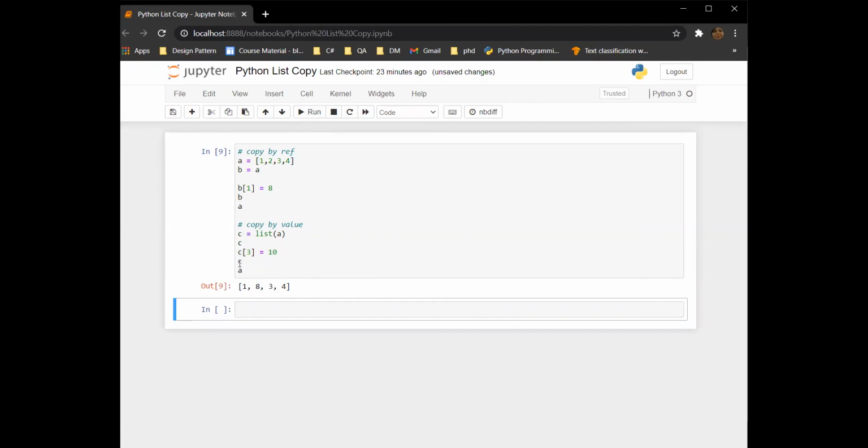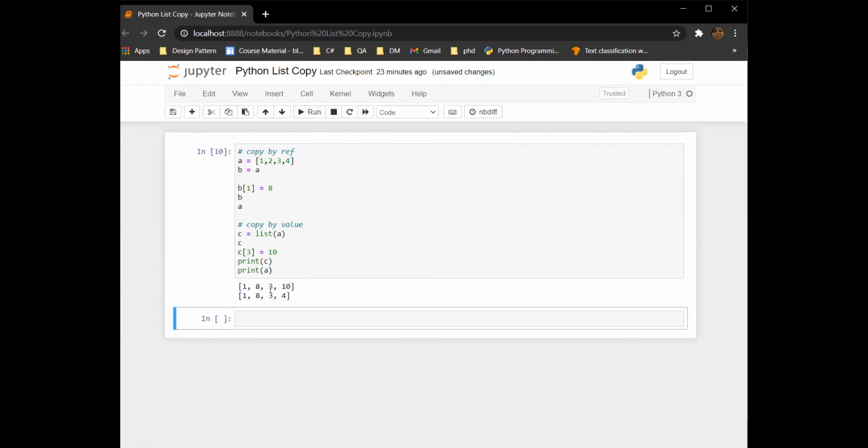See, A remains unchanged. Let me do it with print, so we can view both the outputs easily. So here you can see that print C gave me the updated list where the value has been changed for the index number 3, and A has no effect.